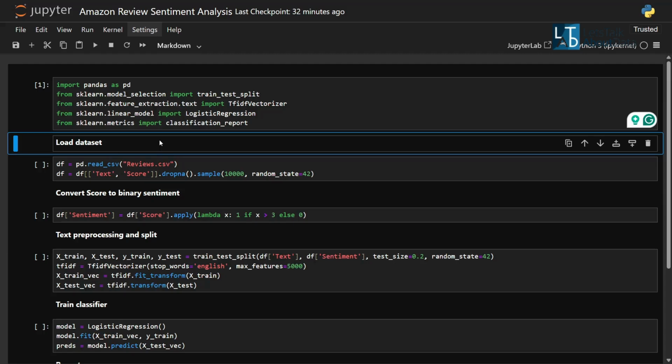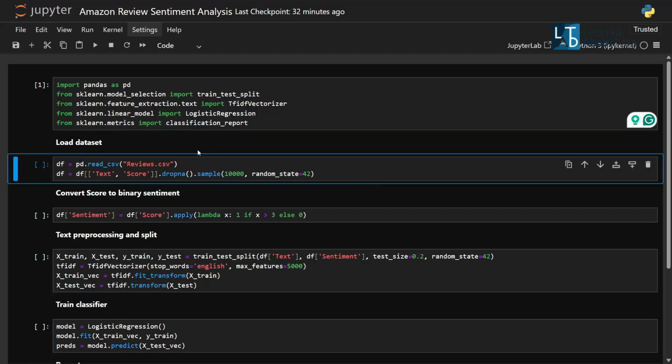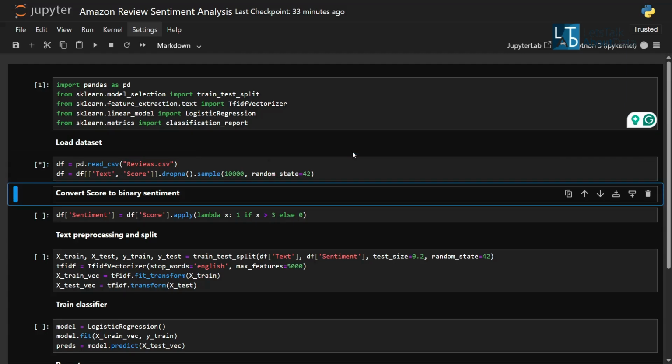Load dataset. Convert score to binary sentiment.